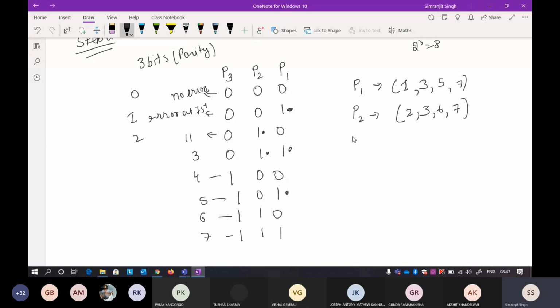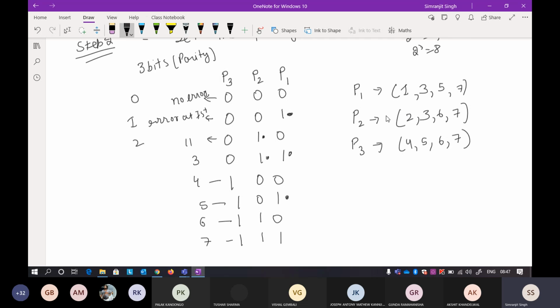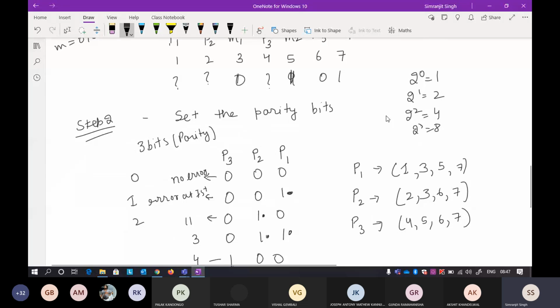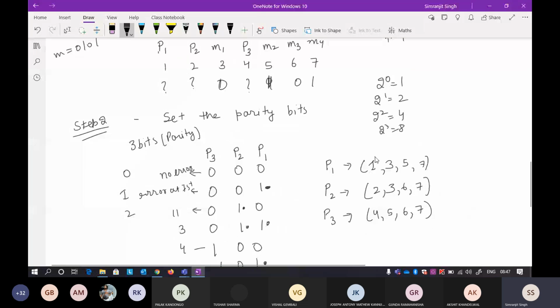In a similar way you can check for P3, that is parity bit P3, that is 4, 5, 6, and 7. So you can write 4, 5, 6, and 7. Now keep in mind, if I write the same thing here, it is saying that I have to set the parity bit at position 1. The parity bit at position 1 will take care of the positions 3, 5, and 7, so based on these positions, this parity bit will be